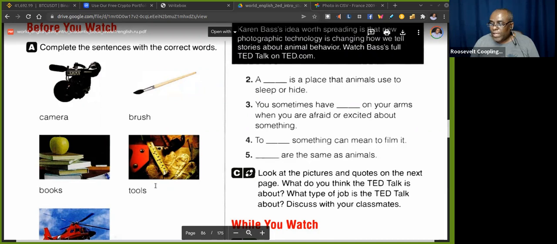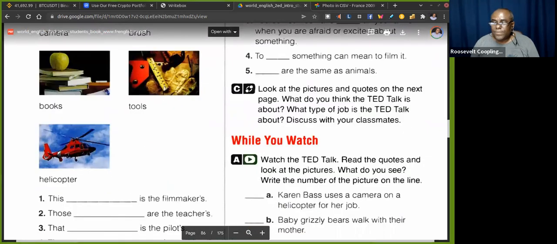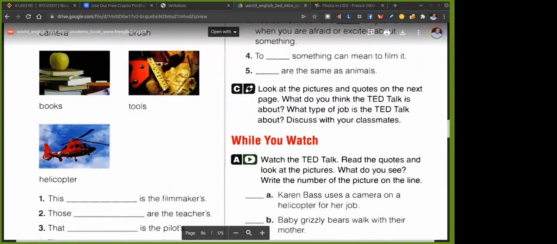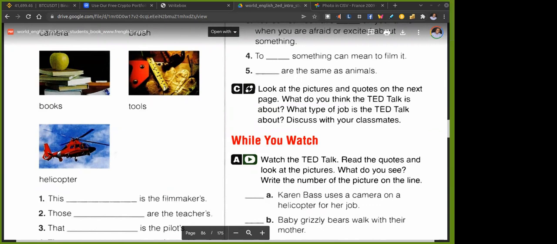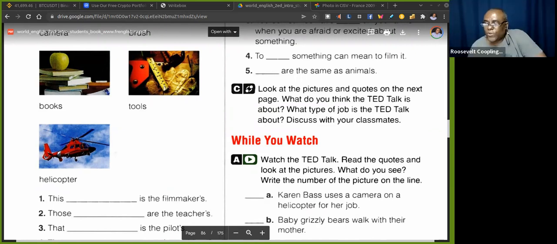And what about the helicopter? The pilots. Pilot. What kind of pilot needs a helicopter? The specific pilots. That could be rescuers. Okay, that's okay. Excellent. Let's go now, and then let's continue the